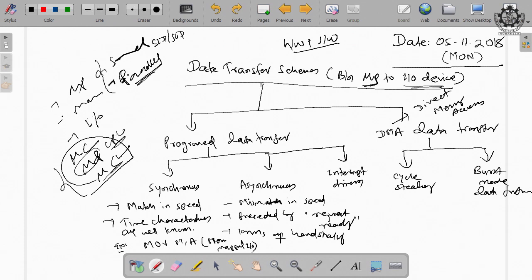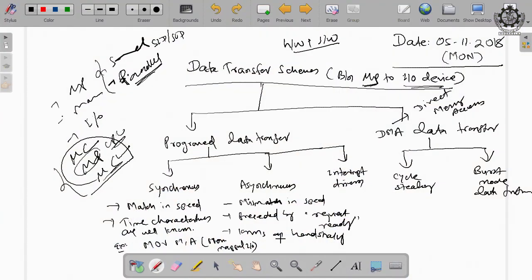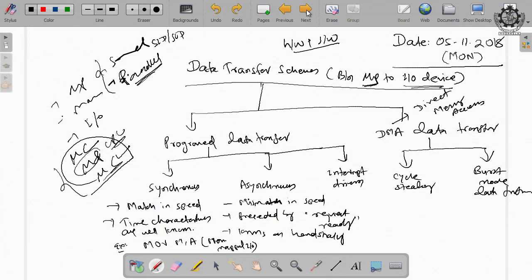Only software is not possible, only hardware is not possible, because your hardware must be programmable to implement one of these data transfer schemes. We need both hardware as well as software. For example, if you use 8255, port A, port B, port C for data transfer, 8255 itself is hardware and you have to program it by using software or programs. So, a mixture of hardware and software is required for implementation of these data transfer schemes.